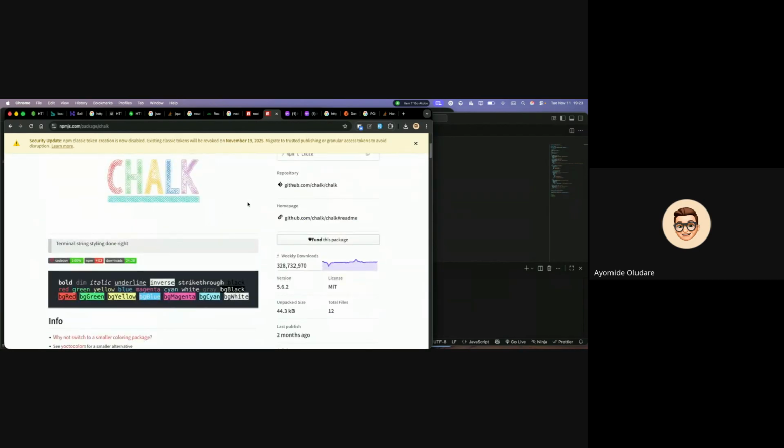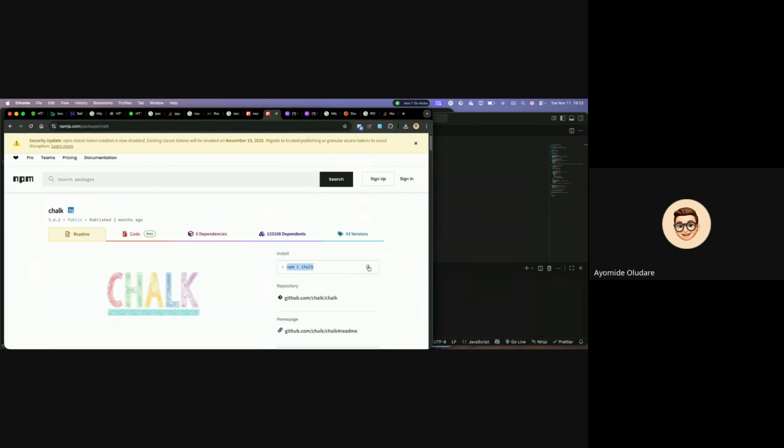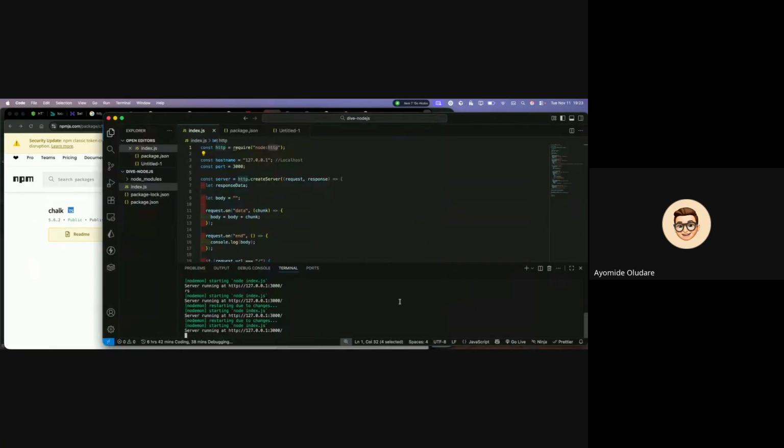If you have another package, what package can we use? Let's use Chalk. Chalk is for logging something to the terminal. So I can come here and just copy this command, npm install chalk. I don't want us to close our server, so creating a new terminal, npm install chalk,